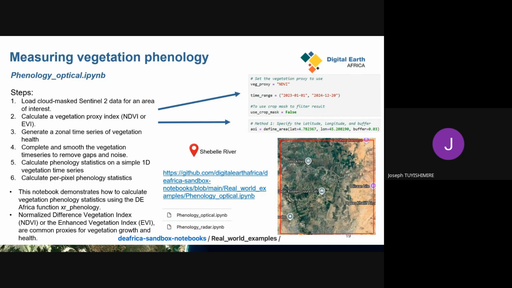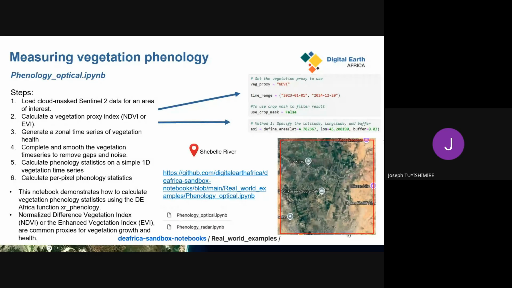This combines the crop mask product and also the Sentinel data set just to understand the time series of NDVI phenology over time. And the notebook is accessible also via the GitHub repository. We were working on the time scale from January 2023 to December 2024.